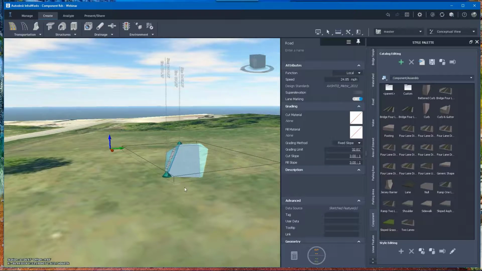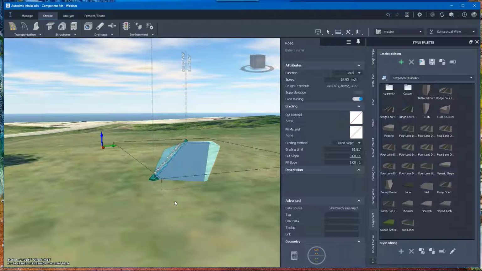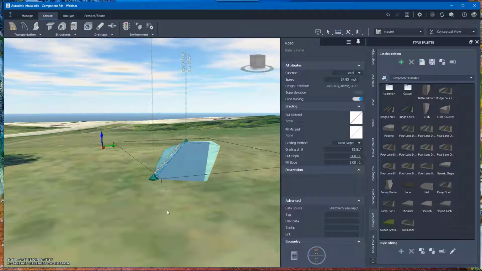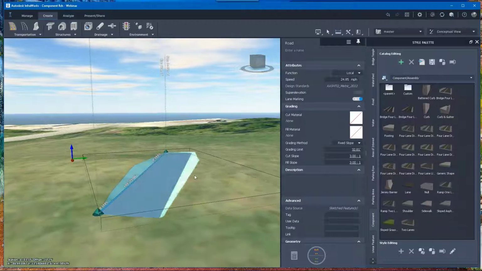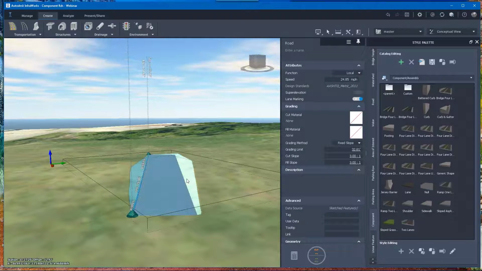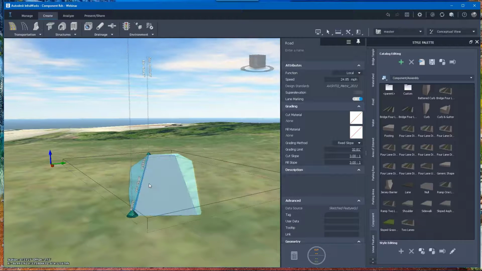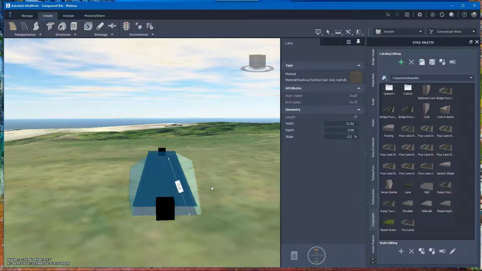Now you can see it already generates my lane based upon my topography. I'm not too awfully concerned with that, but you can see here that it's lower than existing, and it's already showing my fill coming back up to the existing topo. Now we can come back and make these adjustments here, but what I want to do is start putting in my